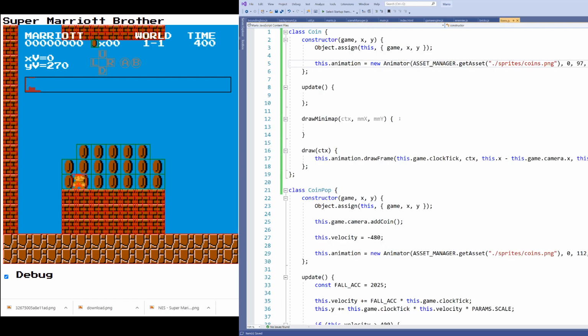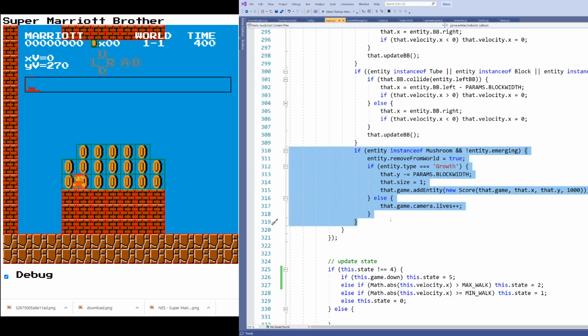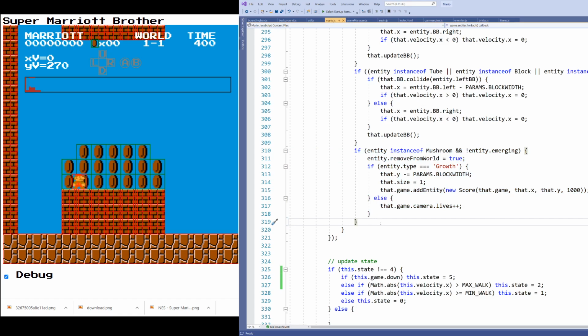Now, in some games, I might want to put the coin collision logic in here. But as I mentioned in my other collision handling video, I'm going to try and put as much of the collision handling that is associated with Mario in Mario, so that I don't forget where I've put things. Is this in the coin? Is this in the Mario? Even though this one technically belongs partially to Mario, partially to the coin, I'm going to put all the logic in Mario. And to do this, I'm going to just copy my collision code that I have for